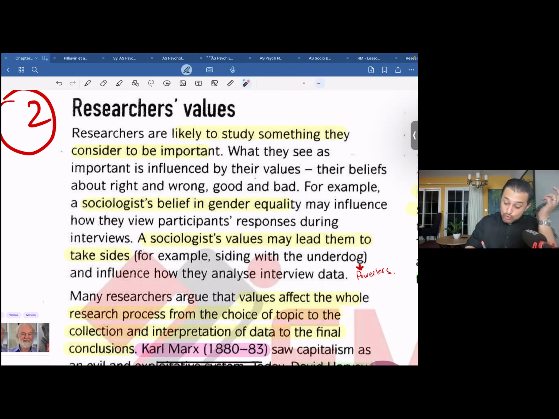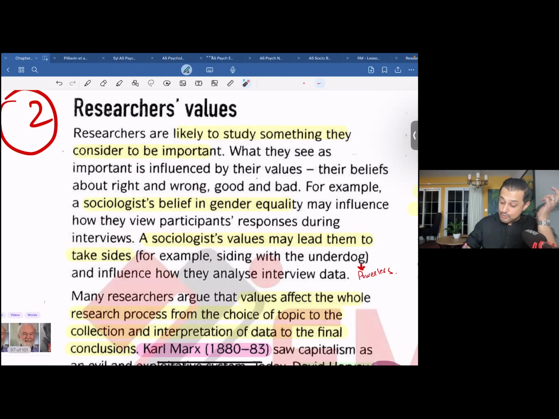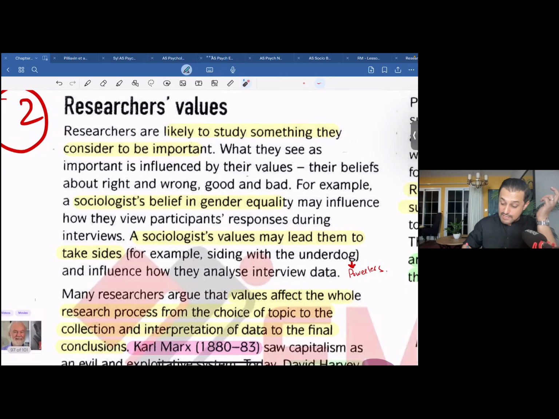A sociologist's value may lead them to take sides,